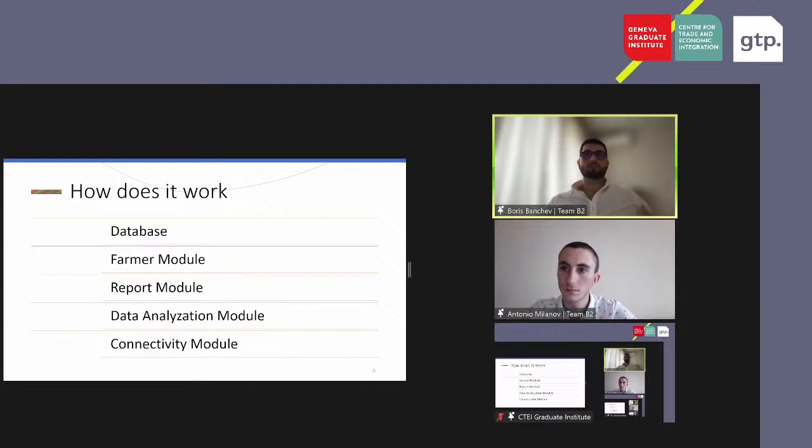Data analyzation module. This module contains the raw data of all of our users without their personal information. Here, both farmers and policymakers can filter the data and use it for their own analysis. There will also be an option to extract the needed data in different formats, and we'll have connectivity options with third-party apps. And then we come to our connectivity module.